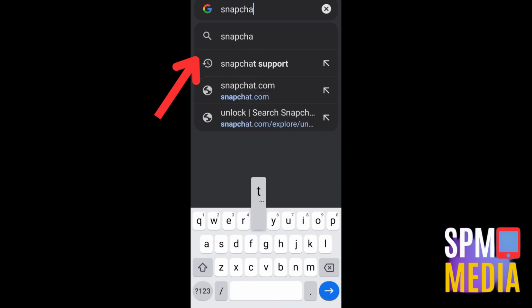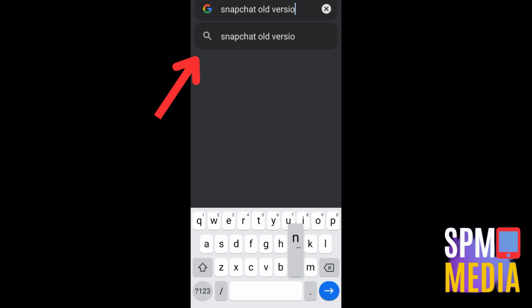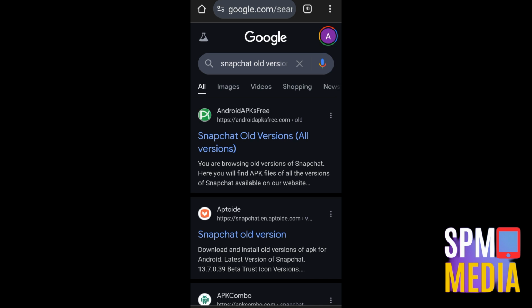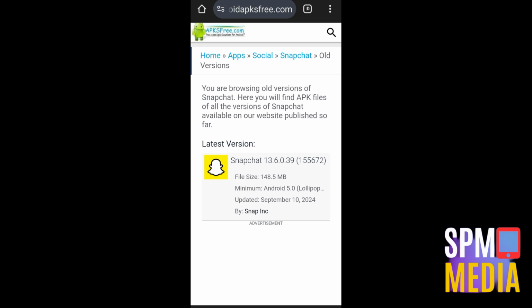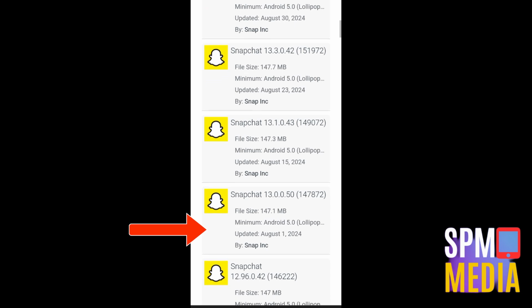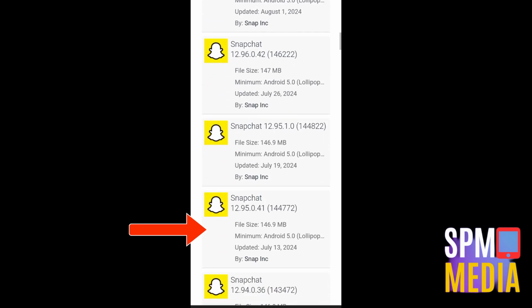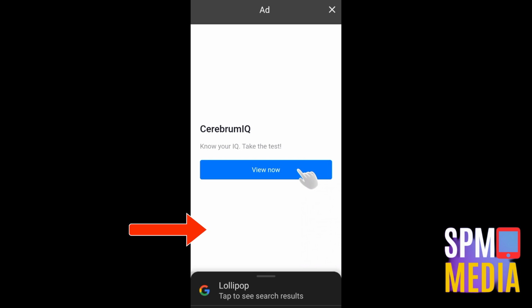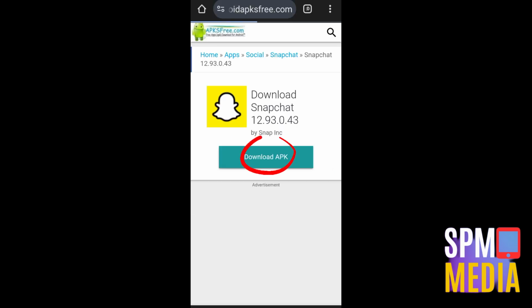And then you will see different websites right here. You can choose one. Everything is up to you. You have to make sure this one is legit. For example, the first one here, and you just have to look for the oldest version or old version of Snapchat. You can scroll down here, and then once you found that, you just have to click and then install. Okay, download, install it. Proceed with the instruction. So once you have downloaded the old version of Snapchat, then you can open it and see if this problem